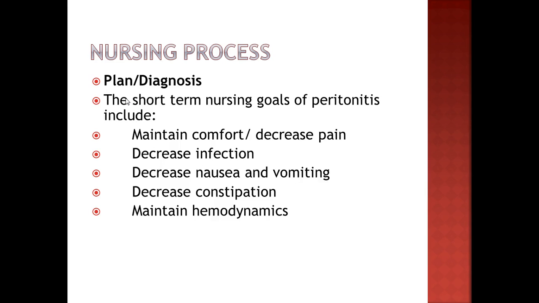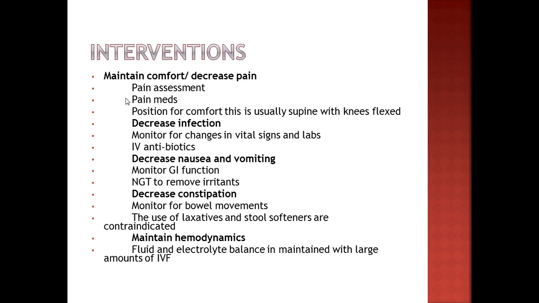If you're looking at this, I want you to think about what is the most important. What is the priority of all of these? A, B, C, P, as we discussed in class. So interventions: maintain comfort and decrease pain. You're going to do a thorough pain assessment. You may give pain medications. Please remember to look at blood pressure and heart rate in relation to what pain medication you would actually give